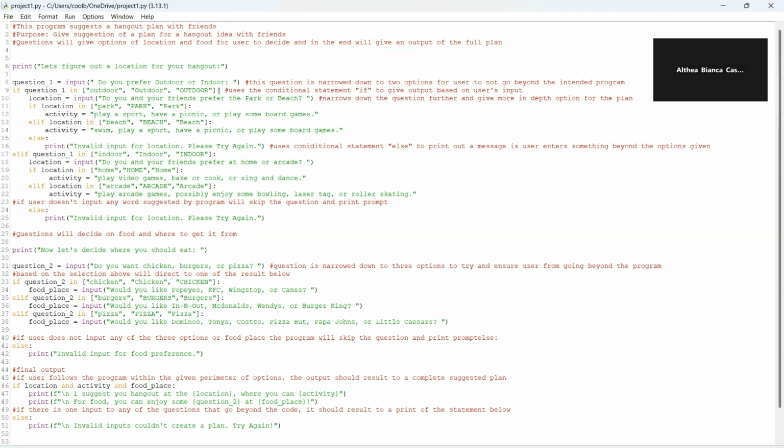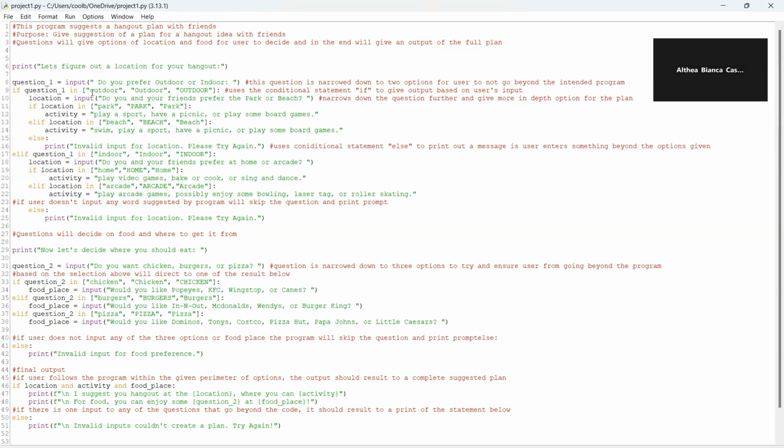And like I've mentioned, because of errors, I've learned to give more options for the program to accept from the user on how they type out things. And to explain this whole section of if, elif, and else, if the user chooses between the options given, it moves them to the next section of a follow-up question, specifically based on their previous answer.